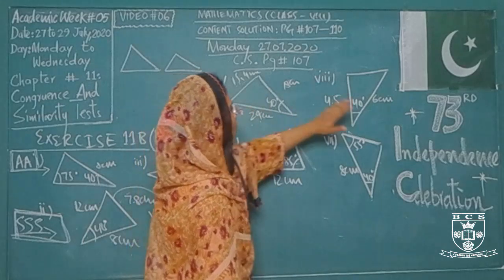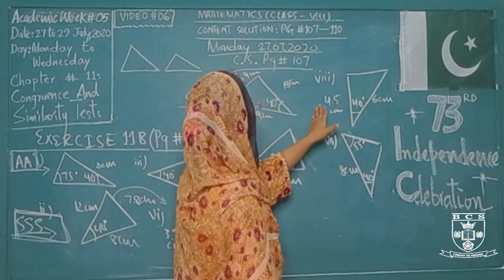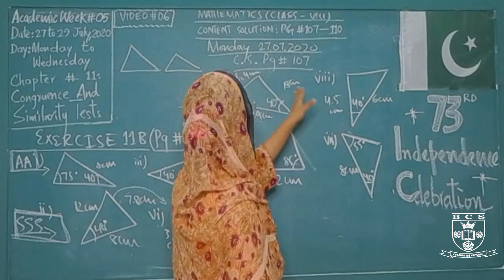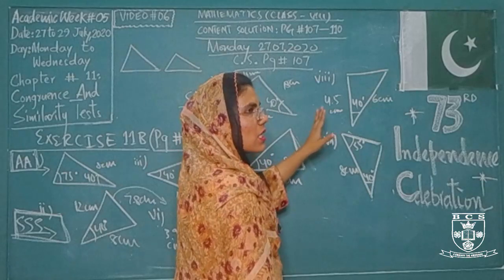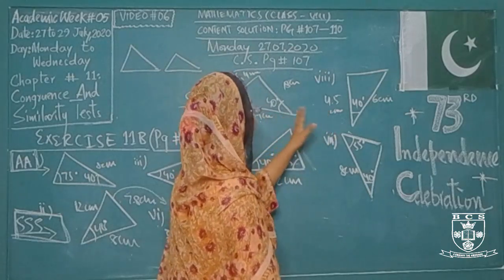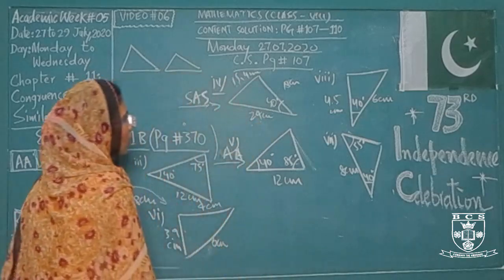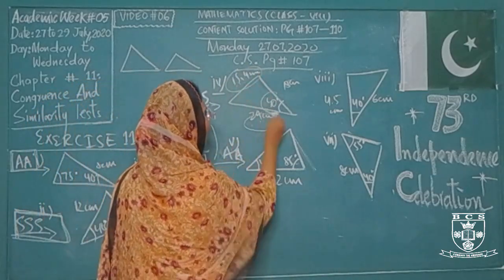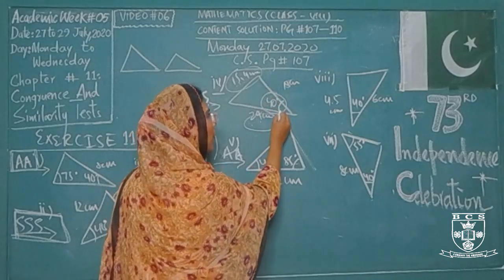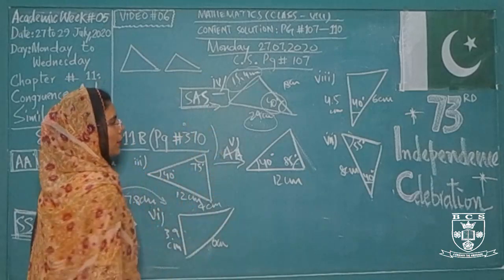So 24 will be proportional to your 6 centimeters and 4.5 will be proportional to your 18 cm, and when divided they give the same answer, meaning their ratios are in proportional form, and these two ratios or fractions are equal to each other. So the two sides and one angle are congruent to each other. Three elements are congruent, so they show similarity with the SAS similarity test.